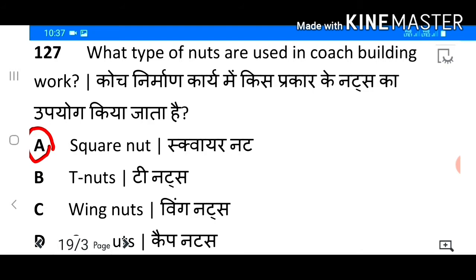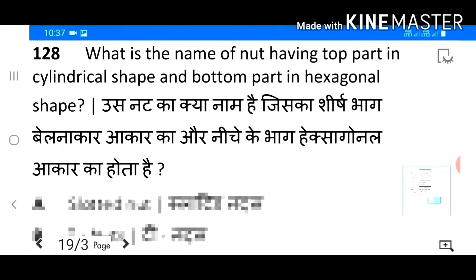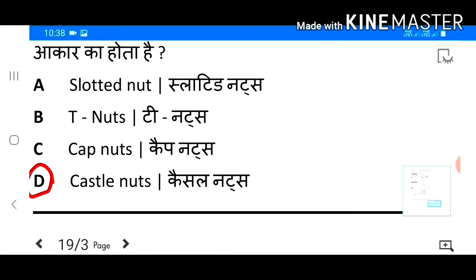Answer A. Square nut. 128. What is the name of nut having top part in cylindrical shape and bottom part in hexagonal shape? Answer D. Castle nuts.